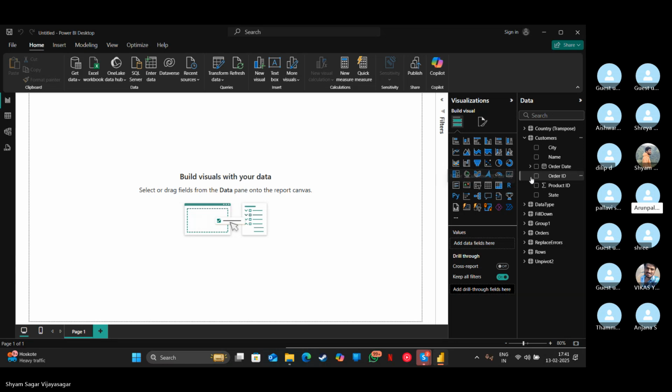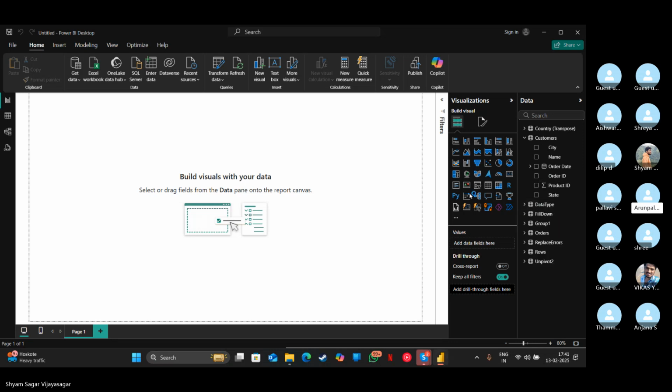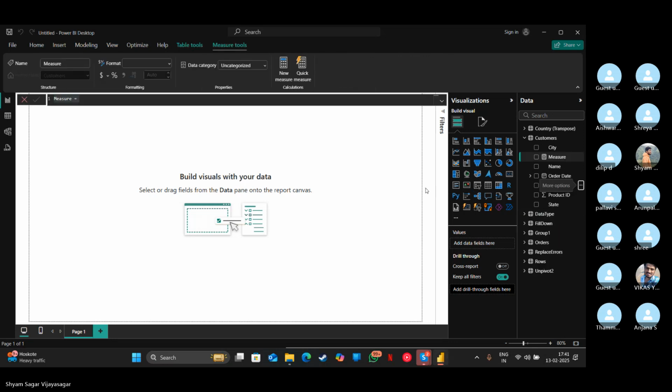So you have order ID, click on the three dots of order ID. There is the option New measure. Click on that new measure. Remove what is written there. Measure. Now type